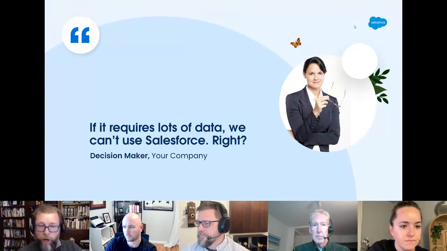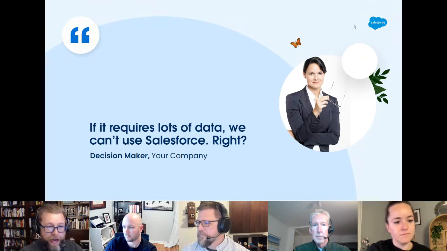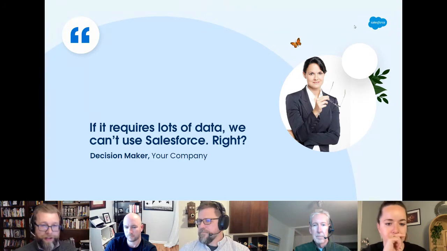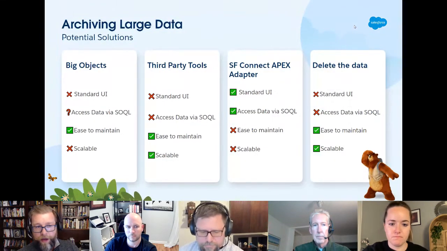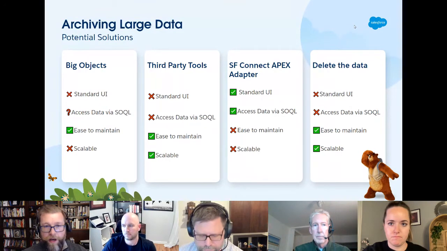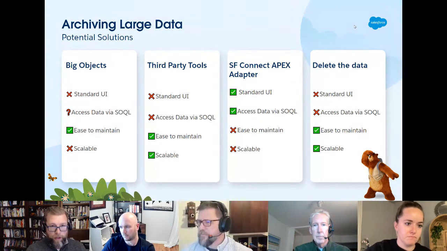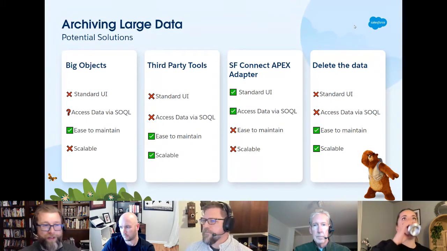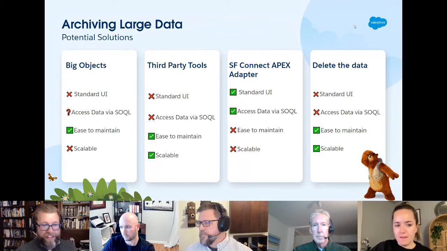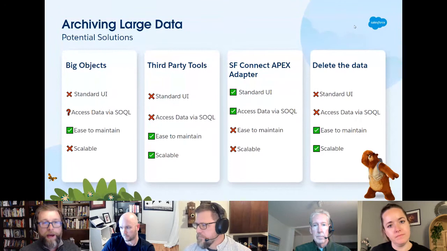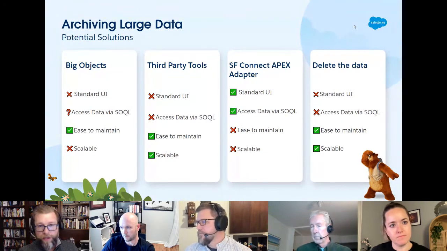If you're like me, you've probably heard somebody who makes decisions say something like this. Well, if it requires data, we can't use Salesforce. It's too expensive or it's too complicated. Well, there's new things available for working with large data. Everywhere that I've been working with Salesforce, data storage has been a concern. Once you're over 100% of your data storage, you'll get a call from your account executive saying, okay, it's time to pay up. You have a certain amount of time to cut back on your data or to purchase the additional data